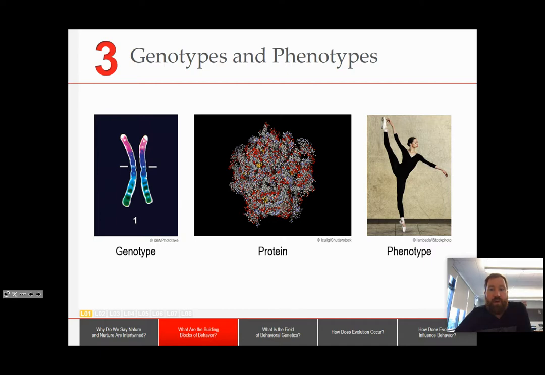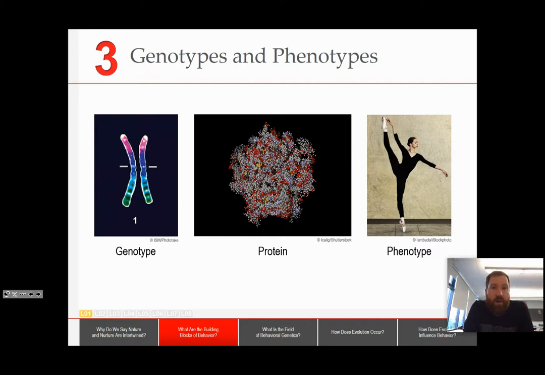A lot of other environmental things play a role in our phenotype. For example, your genotype might give you a range of how tall you're going to be, but your environment, the nutrition that you've had, both prenatal and after birth, will determine how tall you're going to grow. This is because genes must be expressed, right? It's called gene expression, in order to influence observable characteristics.